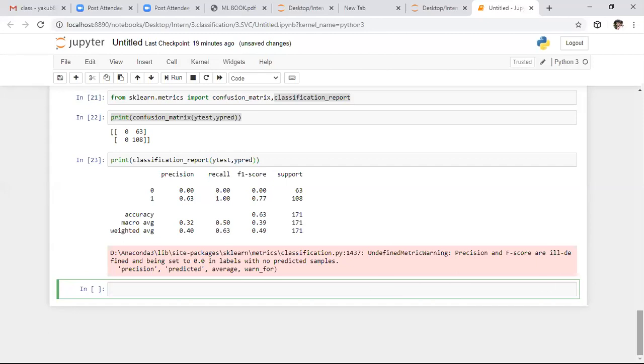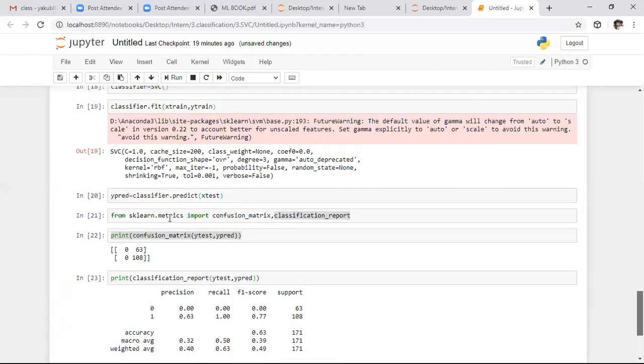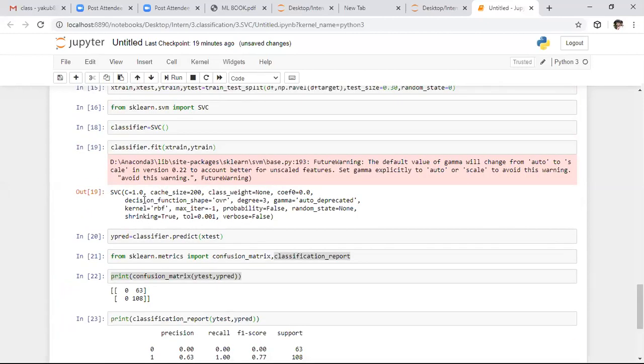If you observe this algorithm, we have this many parameters, right? In this algorithm, we need to specify the optimum C value and the optimum gamma value to get the best outcome. C is the regularization parameter. If you keep optimum values of C as well as gamma, you will get the best outcome. To get the optimum parameters, we need to use the GridSearchCV method, which is present in sklearn.